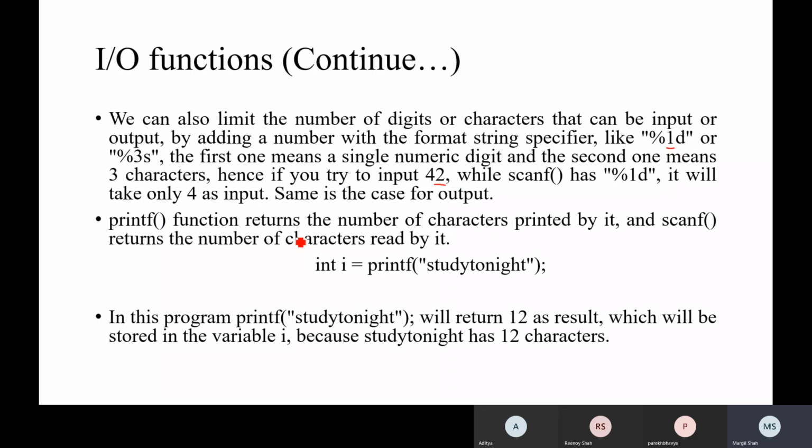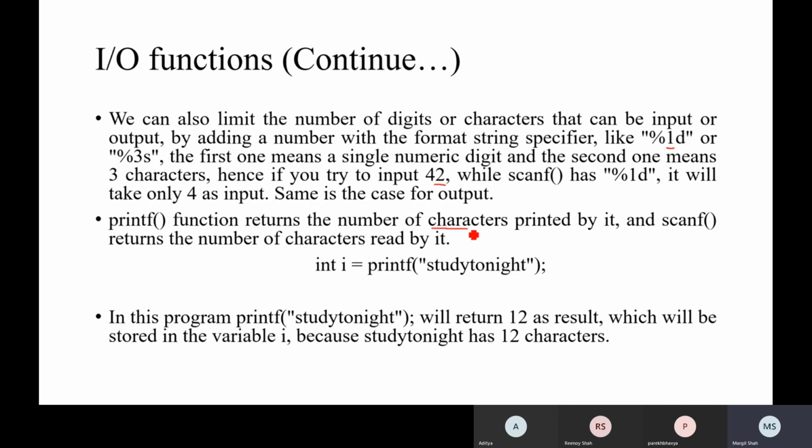Here printf returns the number of characters printed by it, and scanf returns the number of items read by it. Integer i is equal to printf("study tonight"). In this program, printf will return 12 as a result, which will be stored in variable i, because "study tonight" has 12 characters. See, we need to understand here.